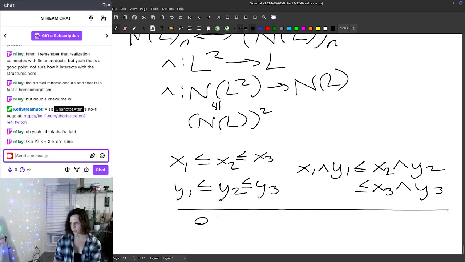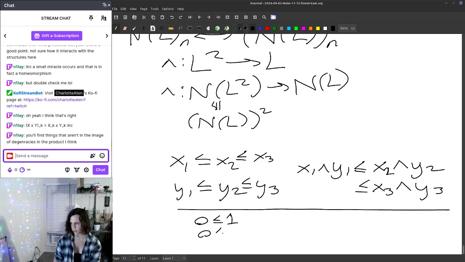I can go 0 is less than or equal to 1, and then I can only pad it with more things like this. So even though I can only make 0 is less than or equal to 1, 0 is less than or equal to 0, or 1 is less than or equal to 1, when I pair them together,